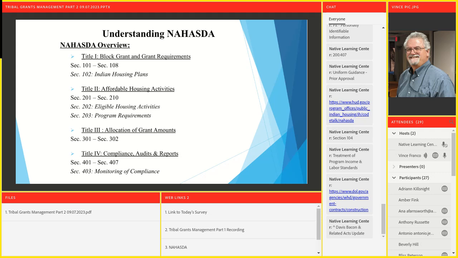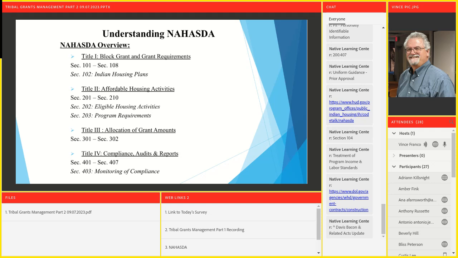So you'll find that in Section 2, Affordable Housing Activities, specifically in Section 203, and the items that are listed underneath there. So part of what we're doing here is learning how to navigate the legislation. We're going to do that again next week when we talk about the regulations for housing, right? So I'm doing this because a lot of people, I know this for a fact, being out there, just don't understand what the legislation is. They say, oh, that's just the legislation that creates housing. No, it's much more complicated than that.